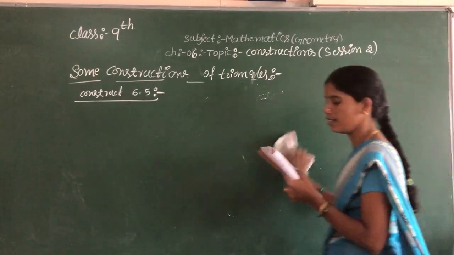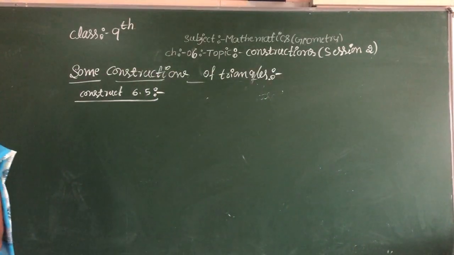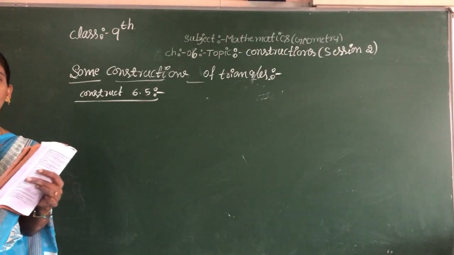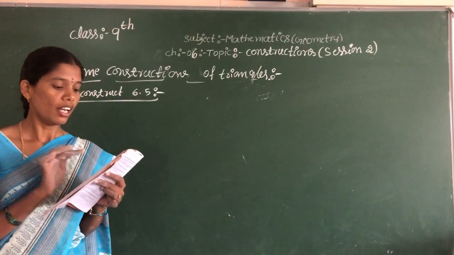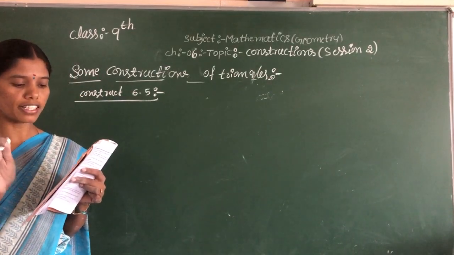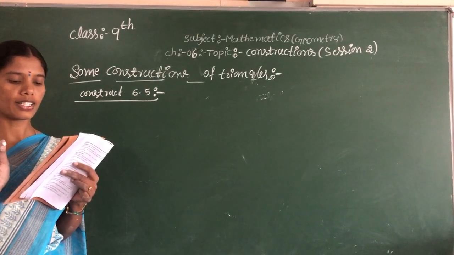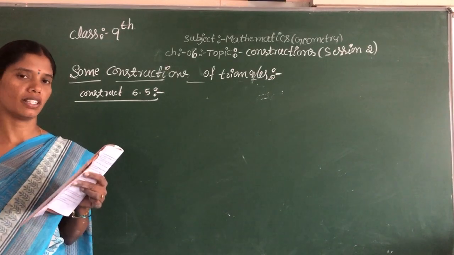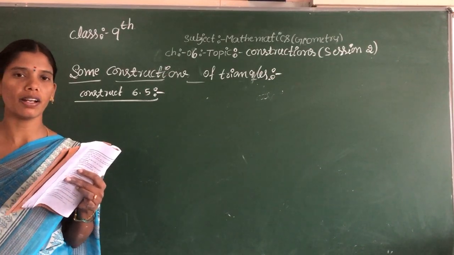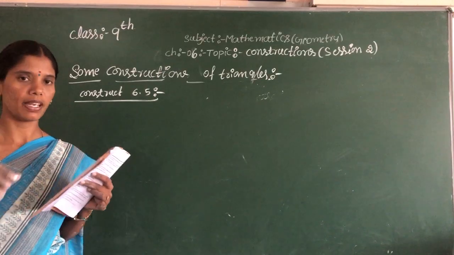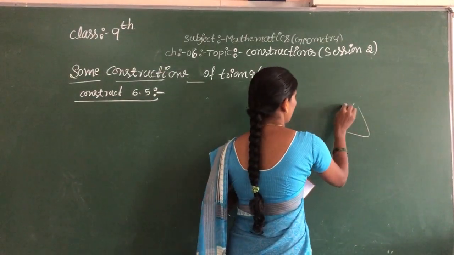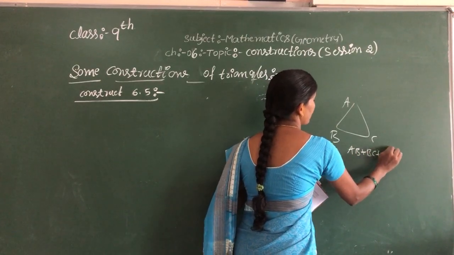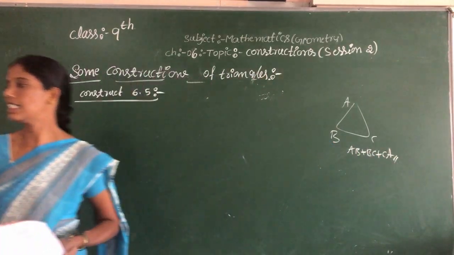How do you know triangles? To construct a triangle, but it is not given which exact triangle. So construct a triangle given its perimeter and its two base angles. Perimeter of the triangle. So find out that perimeter. Perimeter AB plus BC plus CA. So ABC is one of the triangles, means AB plus BC plus CA. This is the perimeter of the triangle.